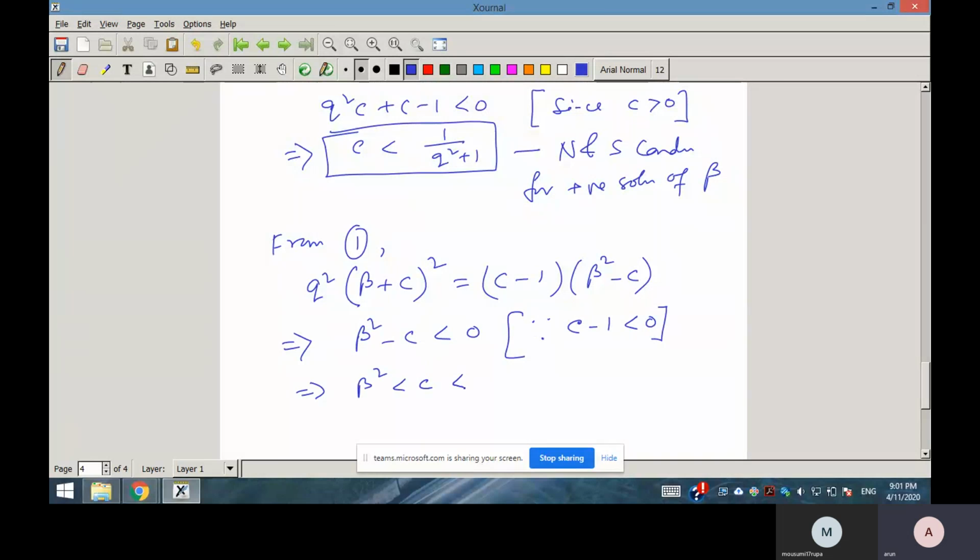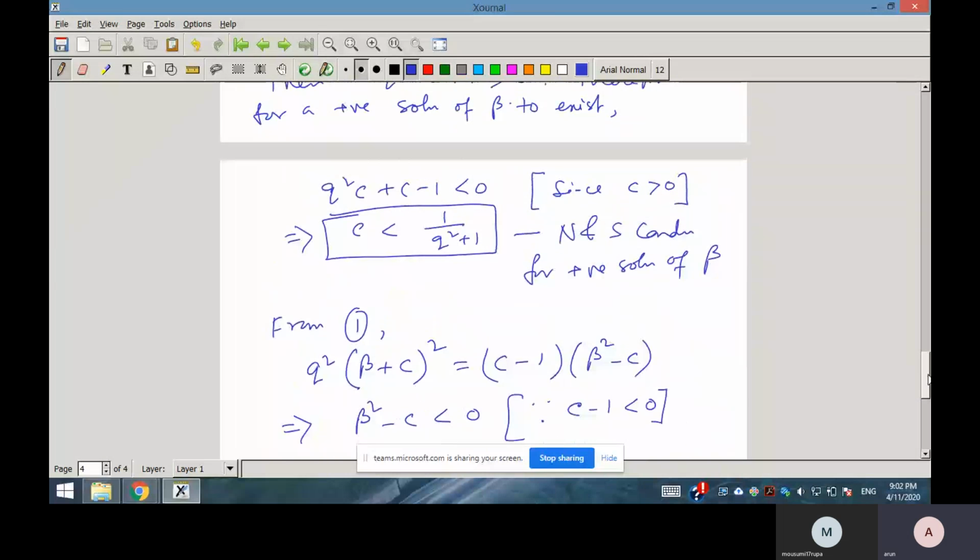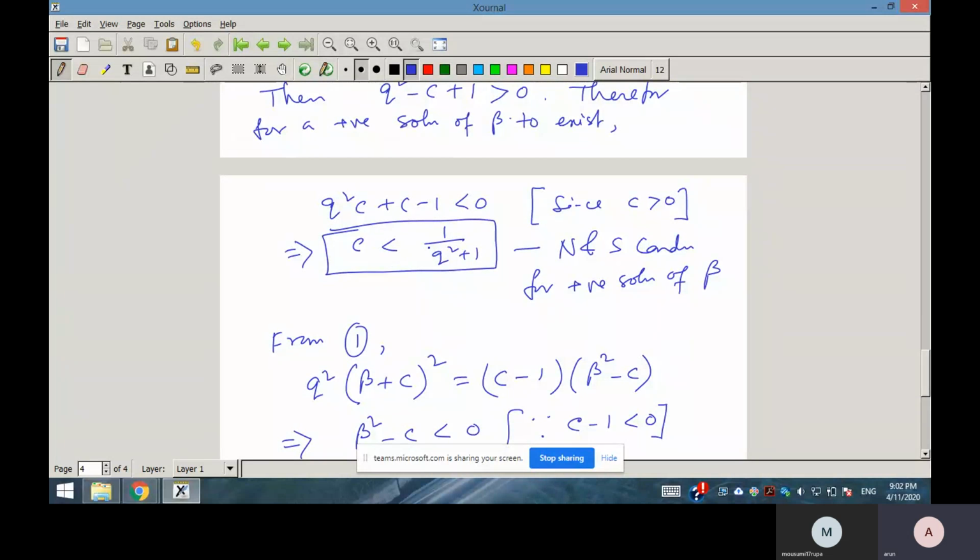Again, c is what? Less than 1. This implies, if a positive beta exists, then, so here beta can be negative also, but if a positive beta exists, that beta will be less than 1. So this implies if a positive beta exists, then it will be less than 1. So that means this is also necessary and sufficient condition for